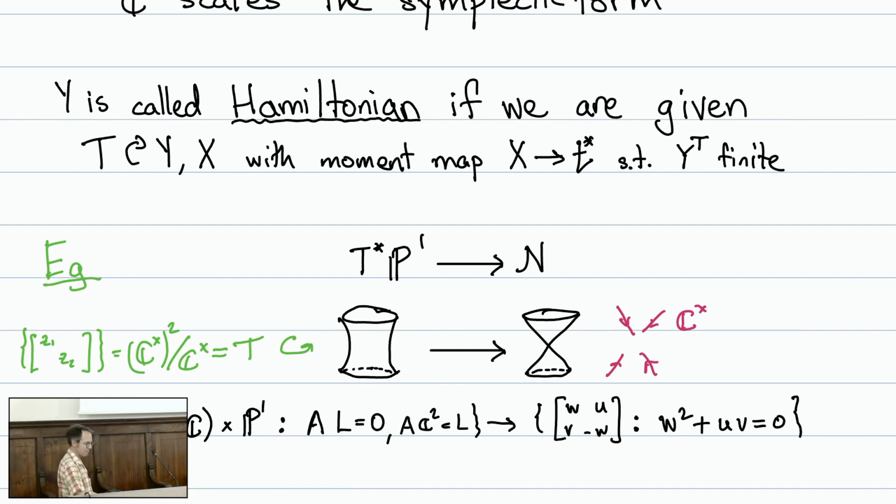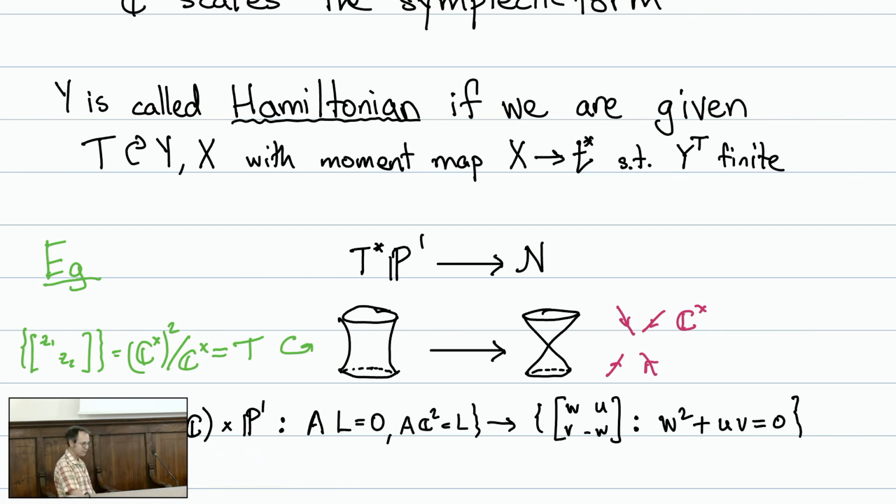In this case, the torus happens to be rank 1, the Hamiltonian torus. Usually we think of it as C star squared mod C star. So it's the action of the diagonal 2 by 2 matrices. So the diagonal invertible 2 by 2 matrices will act by conjugation, I guess, on the nilpotent matrices, and will act on this side by conjugation and acting on the usual